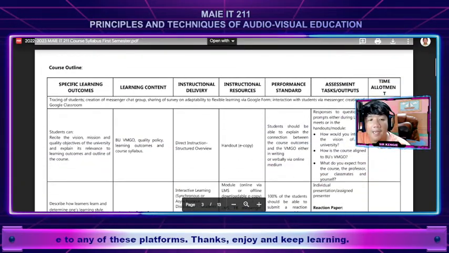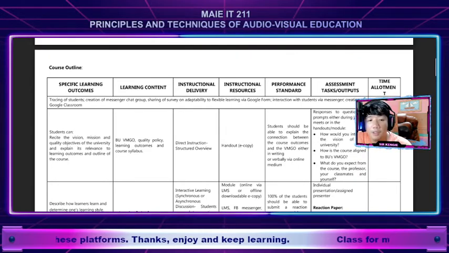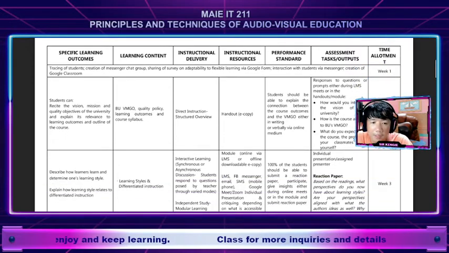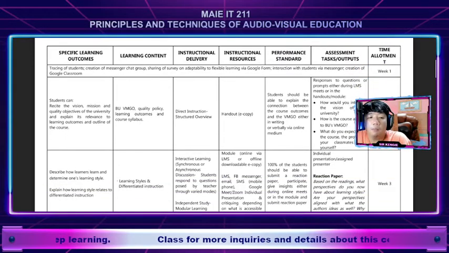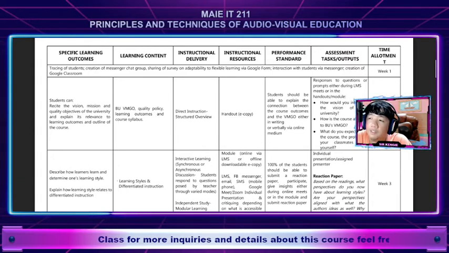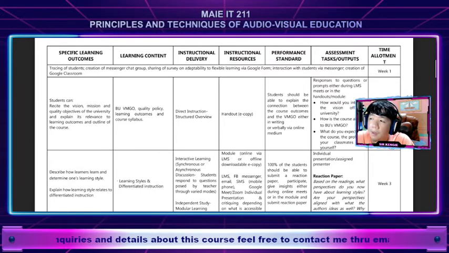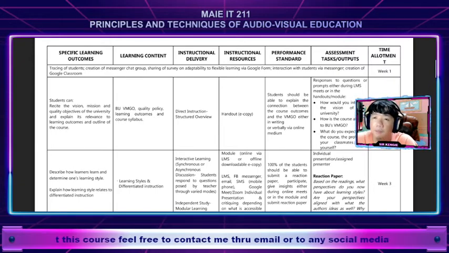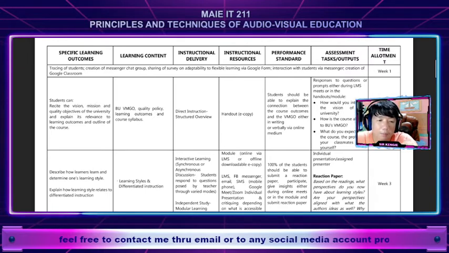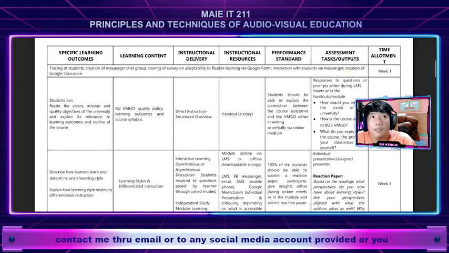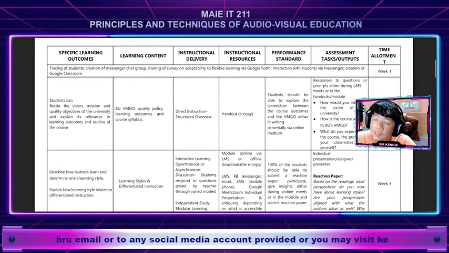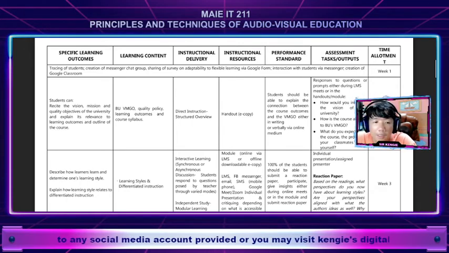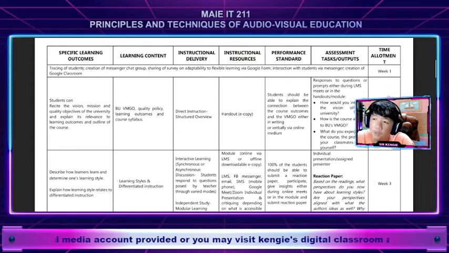So I will be highlighting the contents or the topics to be covered for this entire semester. So we have an orientation about the VMGO, which stands for the vision, mission, goals, and objectives of the college. Okay. We know what is the vision of the university. We know what it's all about. When we say vision, we talk about Bicol University, a world-class university producing leaders and change agents for social transformation and development. That's the vision of our